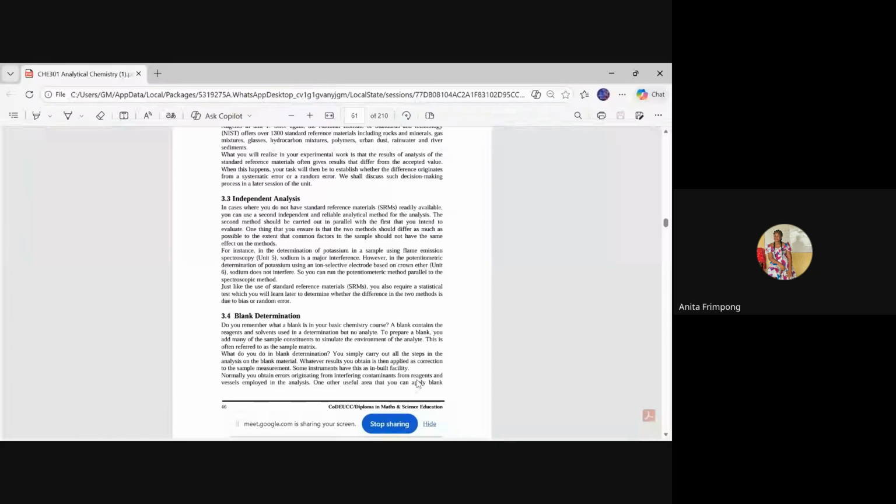For instance, in the determination of potassium in a sample using flame emission spectroscopy, that's Unit 5, sodium is a major interference. However, in the potentiometric determination of potassium using an ion selective electrode based on crown ether, that's Unit 5, sodium does not interfere. So you can run the potentiometric method parallel to the spectroscopic method. Just like the use of standard reference materials, this also requires a statistical